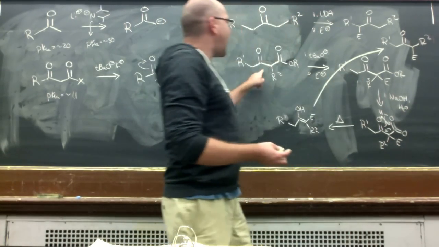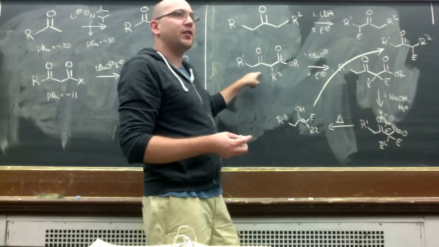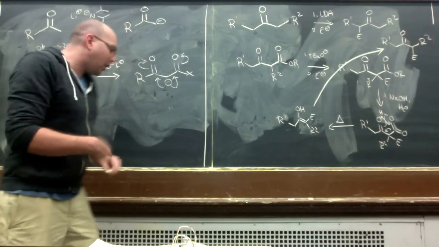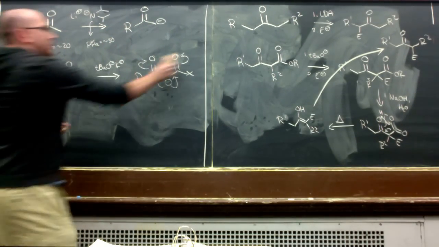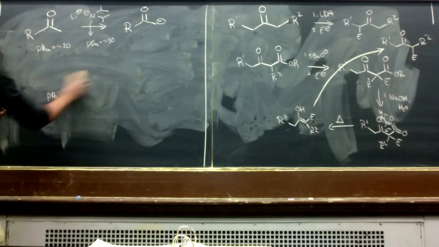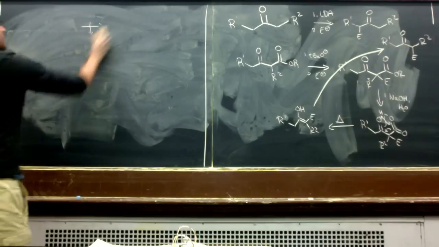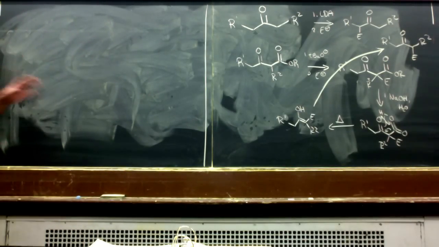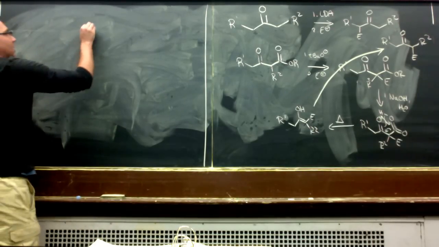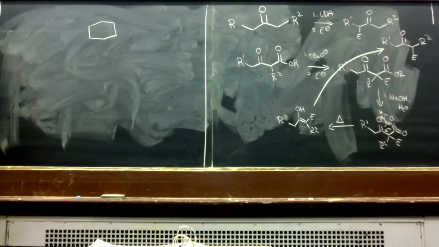So what's going to happen here is you just have this extra electron withdrawing group here that's going to make that much more acidic. The one other place that we'll see this, and since I'm showing you this one area, I'll show you the one other area, and then we'll discuss different types of electrophiles that we'll treat them with. So this is one strategy for regioselectivity issues. The other strategy that's perhaps a little bit simpler